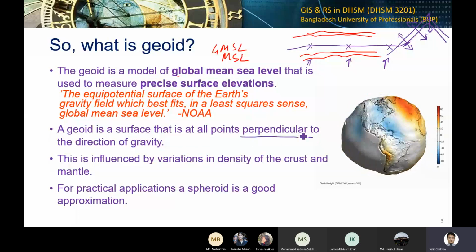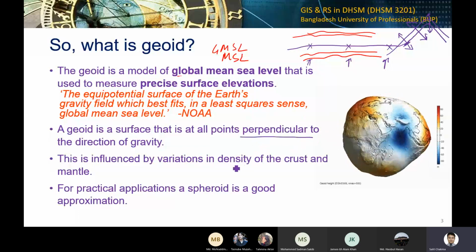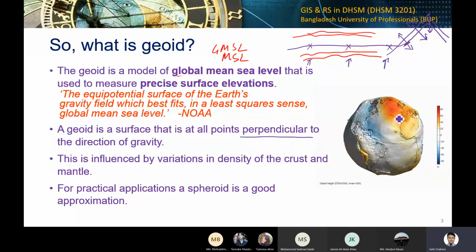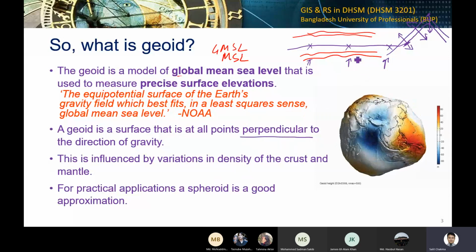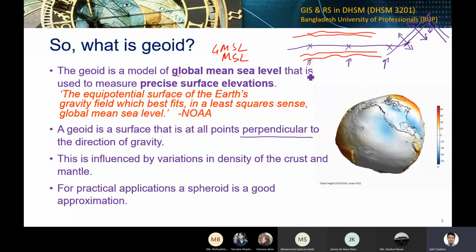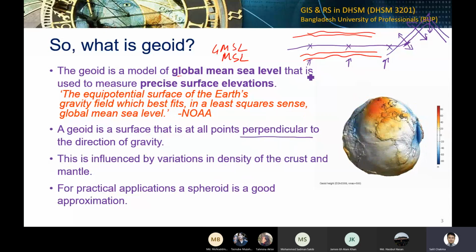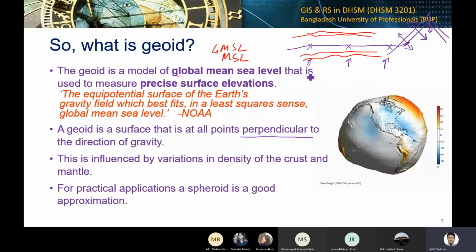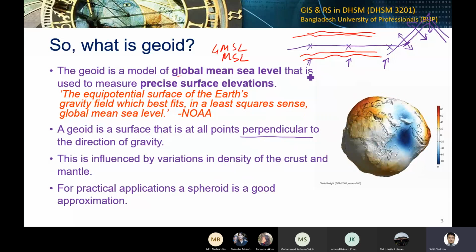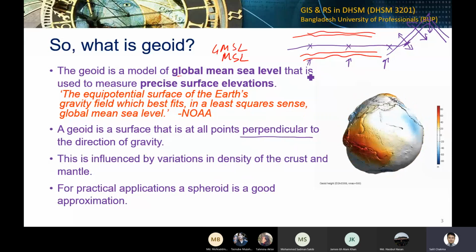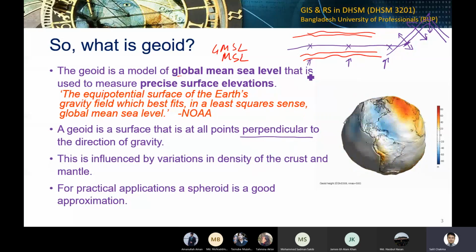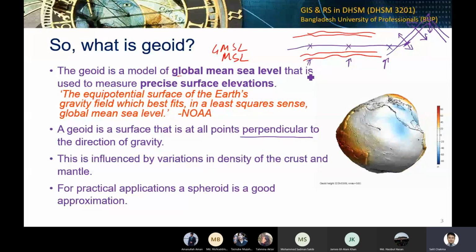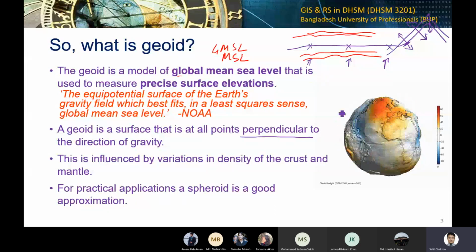It's also influenced by the density of the crust and mantle, etc., as well as the mass on the surface. If you go to the Bay of Bengal, the mass is not that much, but if you go to the Himalayas, the mass would be significantly higher. And if you go to the continents compared to the oceans, the mass is significantly higher because land is comprised of different minerals and so on. So that's why, if you look on the right,